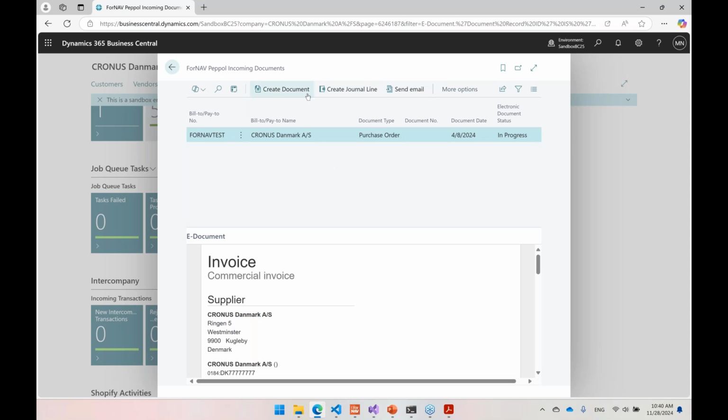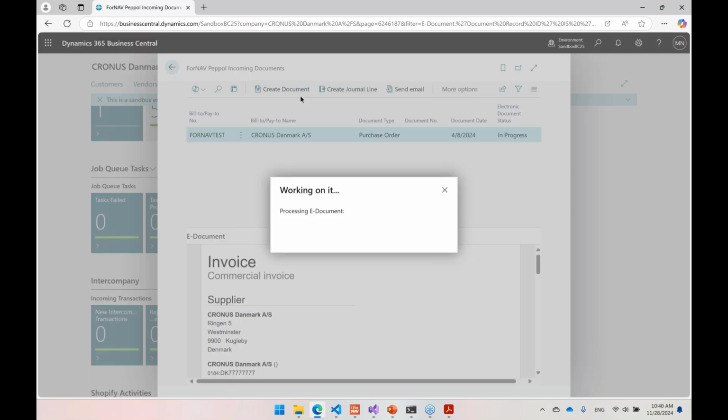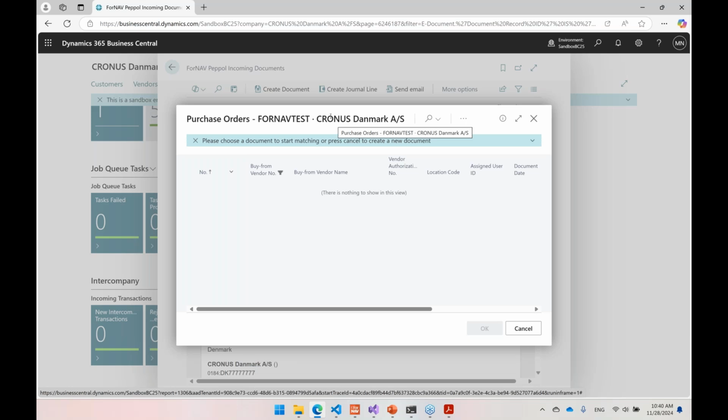And now I can go through the normal create document process in here. So if I had more time, I would actually have created a purchase order in here I could match with, and that would lead me to the Copilot setup and the auto matching, but I haven't done this in this case.